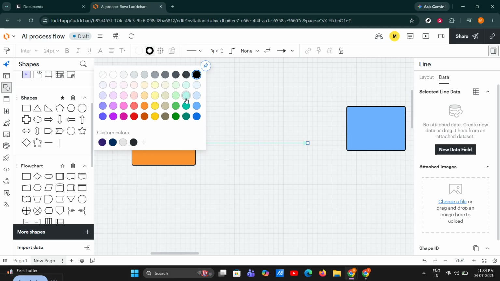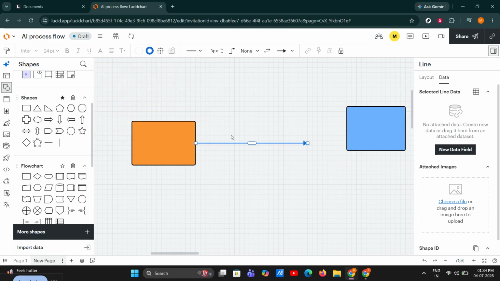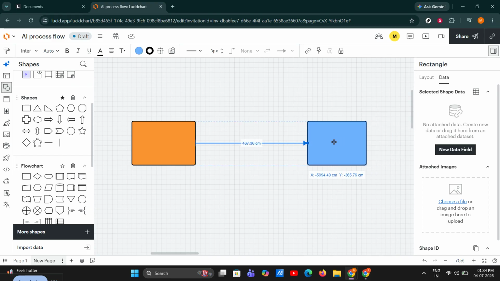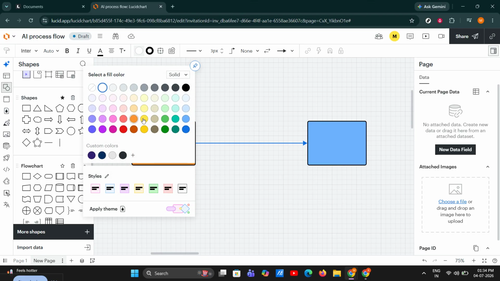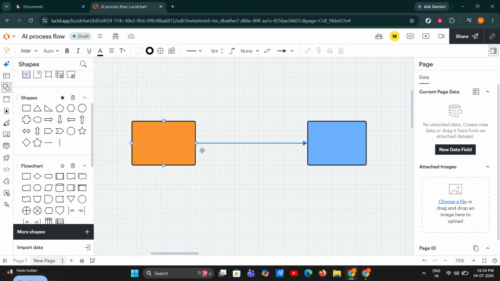It also makes your diagrams easier to understand at a glance, especially if you're sharing them with teammates, clients, or students. If you're trying to color code a diagram, a simple strategy is to assign one color to each category. You could use blue for process steps, green for completed items, yellow for warnings, and red for problem areas. Keeping a consistent system will make your Lucidchart diagrams much easier to scan,